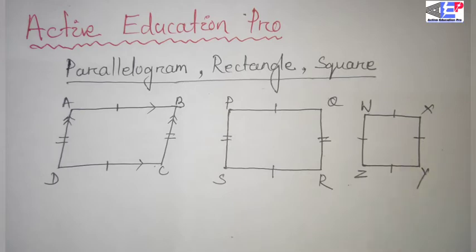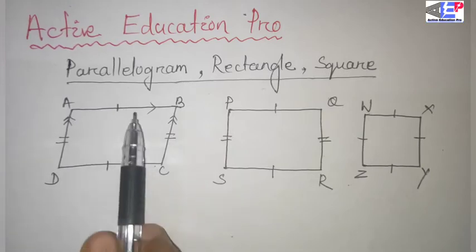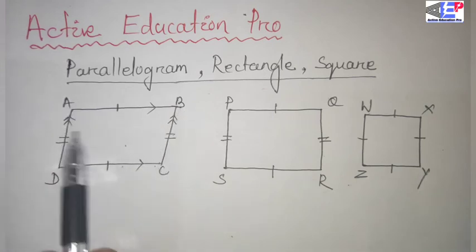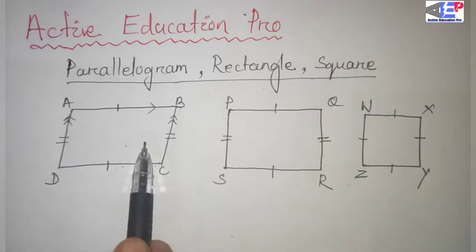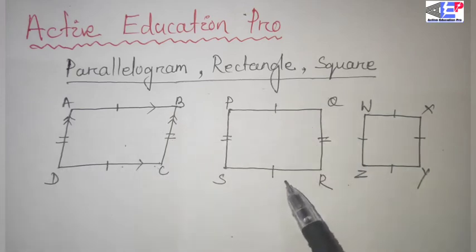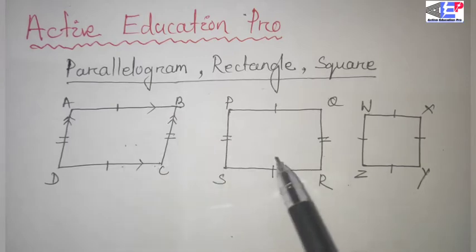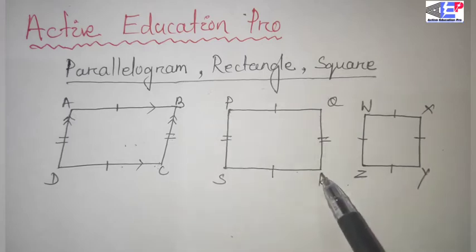If you first follow the conditions for the sides of a quadrilateral, in the parallelogram ABCD, AB is parallel to DC and AB is equal to DC. And AD is equal to BC, and AD and BC are parallel to each other. So this is a parallelogram. Next, see that the rectangle PQRS can satisfy the conditions of a parallelogram: PQ is equal to RS and PQ parallel to RS, and PS is equal to QR and PS parallel